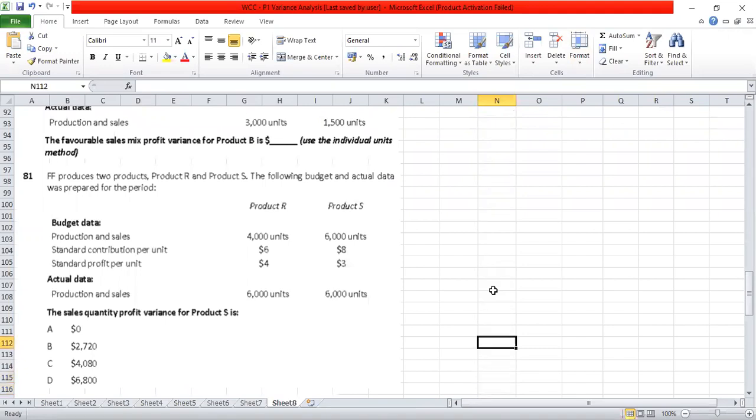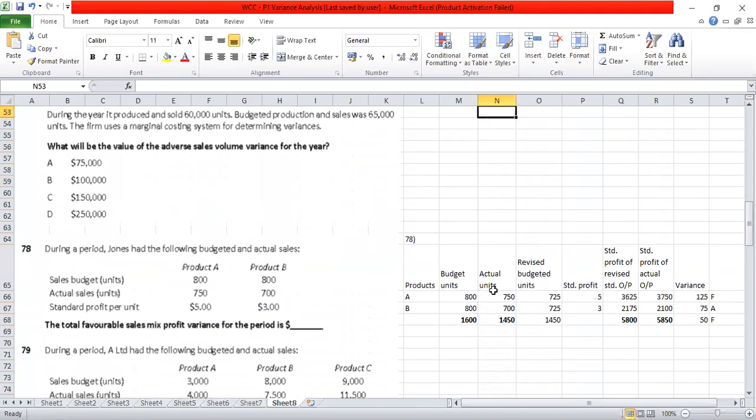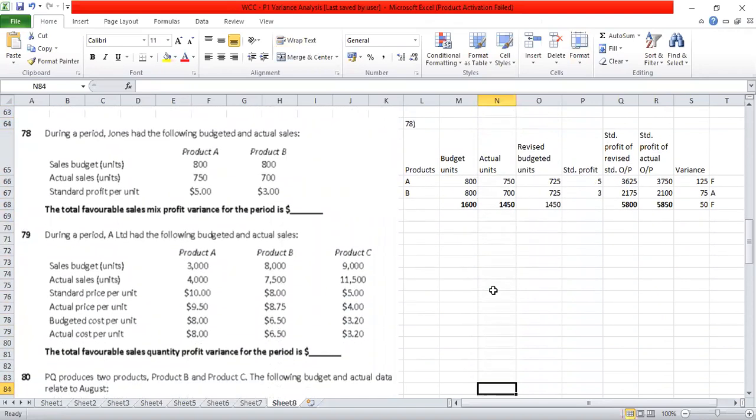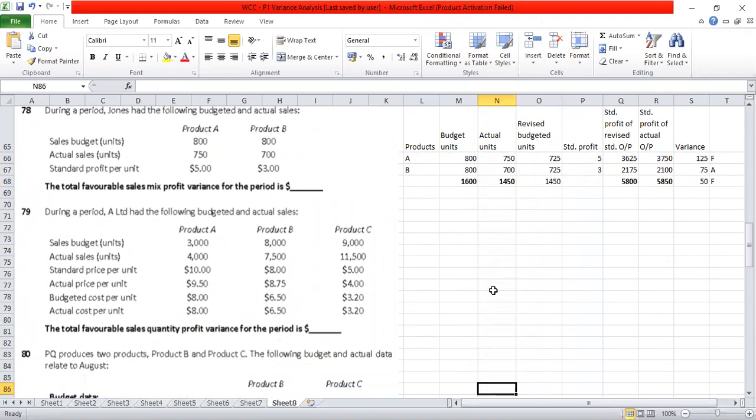The last question which we have done in the previous class was question number 78. So now let's continue further with the next question, which is 79. During a period